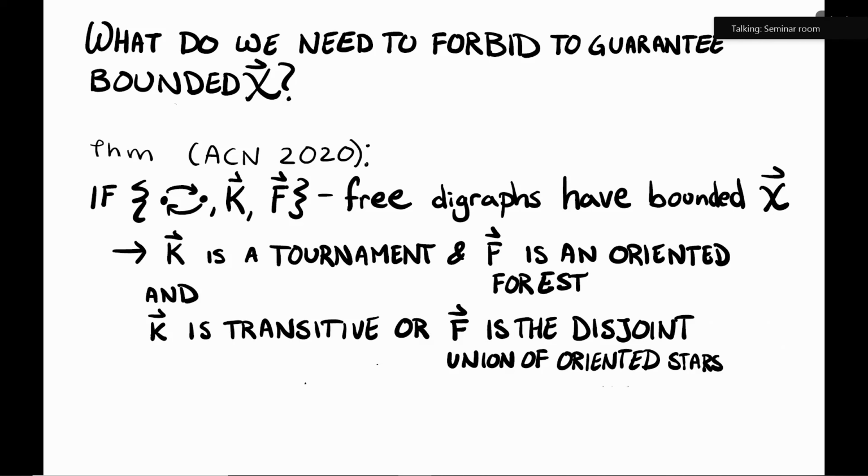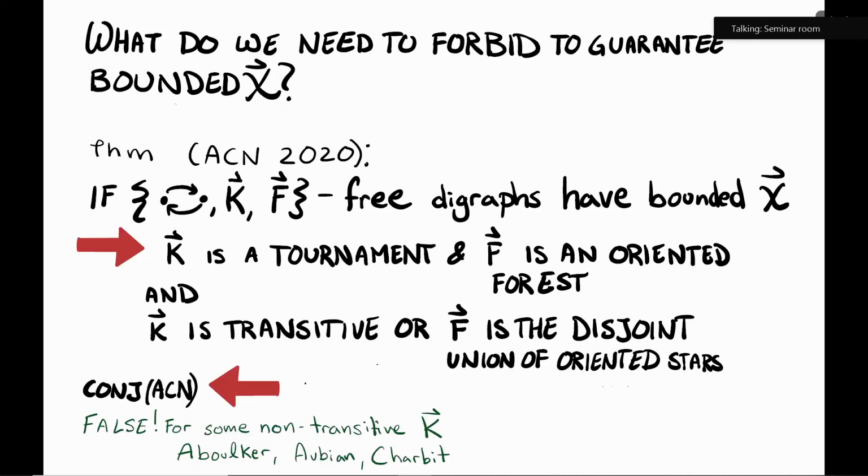And so every large enough tournament contains a transitive subtournament. So this is equivalent to saying that the clique number of the graph is bounded. So it becomes really analogous to Gyárfás-Sumner, that you have bounded clique number and you forbid a forest and you want the dichromatic number to be bounded. And they conjectured that the converse is true, but they found it false. There's a counterexample for